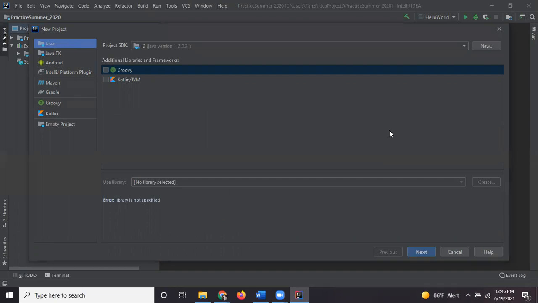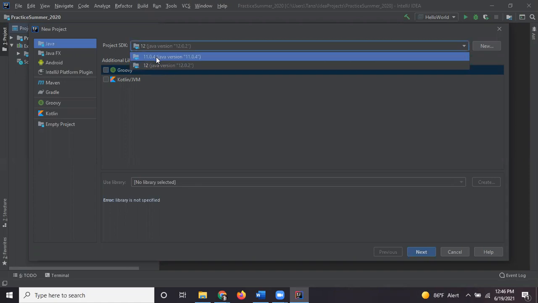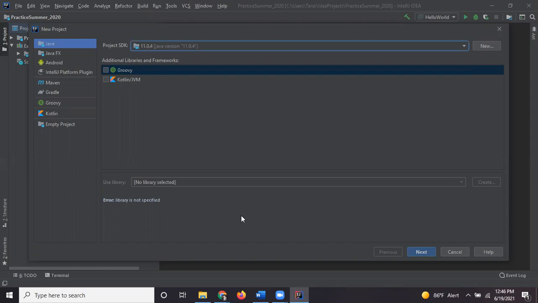And now remember I said Java JDK version 8 and higher. Right now this laptop has version 12 and also version 11. So I can use one of them. If I use, for example, 11, it still will work. If I use 12, it will work. So if I use 11, and then next,